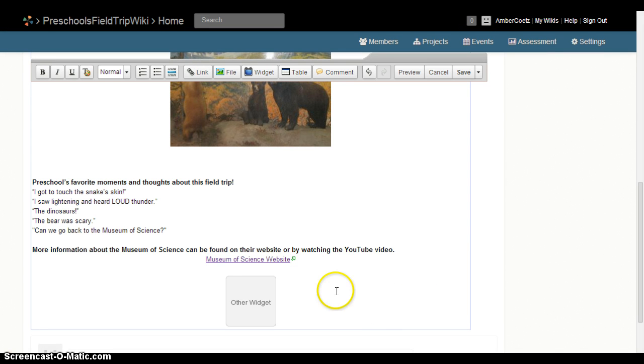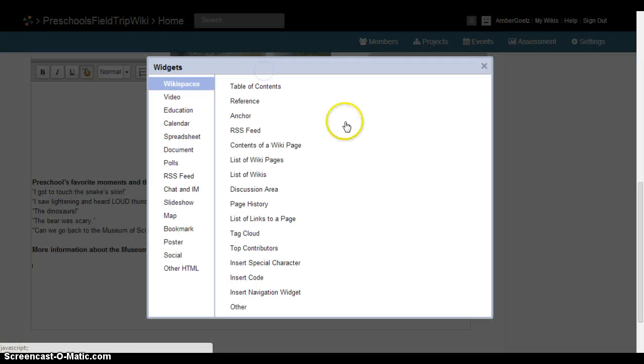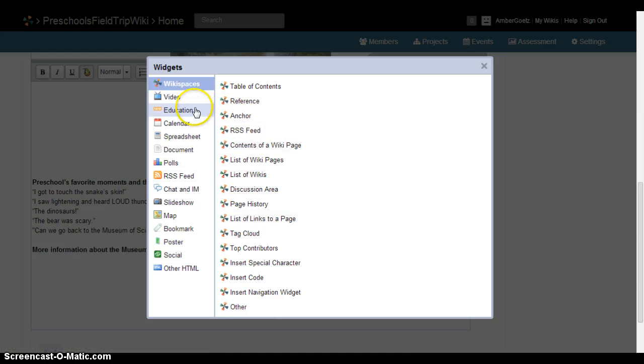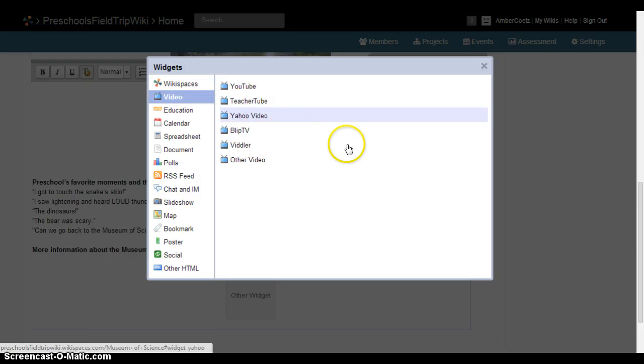As far as adding the video, you're going to put your cursor where you want your video. Come up here to the widget button. You have several different options of what you want to add. You can add videos, spreadsheets, documents, slideshows. I added the YouTube video, and you have several different options of where you want to get that video from. So since I chose YouTube,